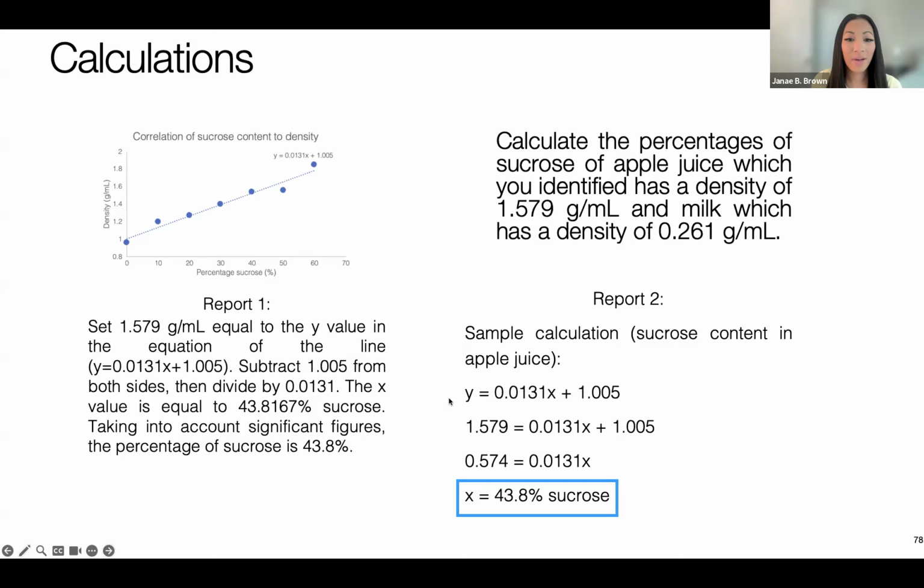shown. The equation is shown. How the density got plugged into that equation is indicated here. And the work to complete the calculation is shown, and the final answer is highlighted. Comparing these two, while they arrive to the same location and in general feature the same information, the one that is going to receive full credit is going to be report 2, because the prompt is to calculate, not to